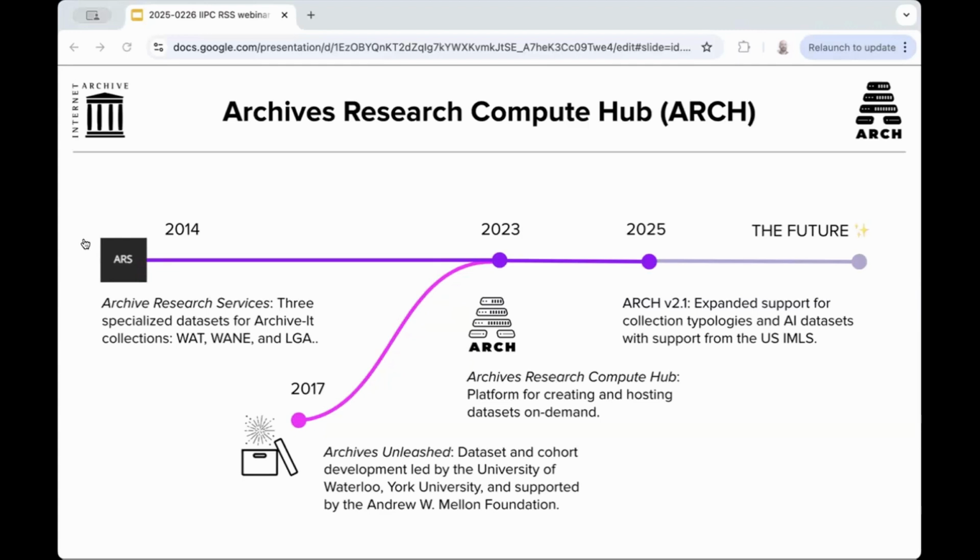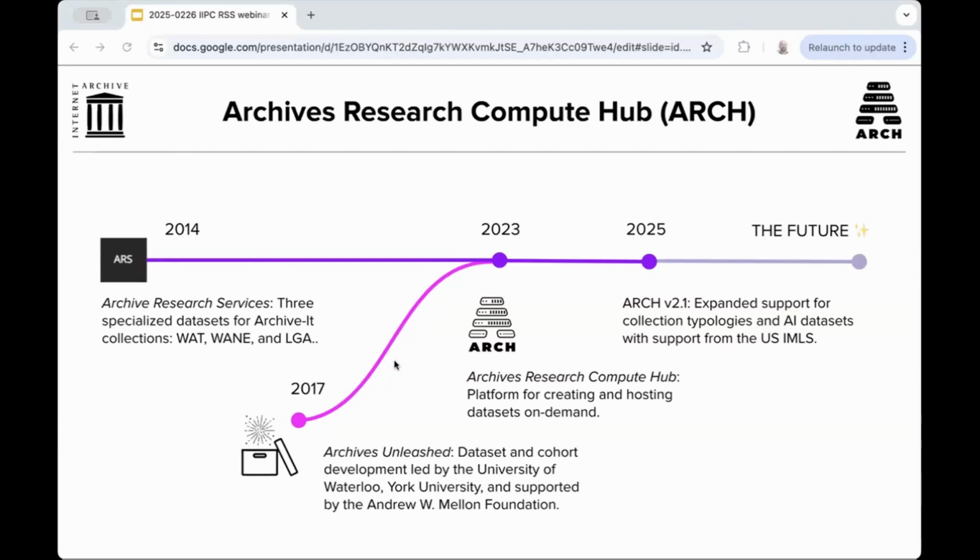As mentioned, our colleagues Ian Milligan at Waterloo and Nick Ruest at York University really picked up the baton from there and ran with it, developing about a dozen or so additional standardized data set formats for WARC derivatives in really close consultation with research teams that used them, like Emily's, in fact, for the Archives Unleashed project. And we were fortunate to build a permanent home for that toolkit and those data sets that still to this day form the backbone of the Arch service output for web archives in particular.